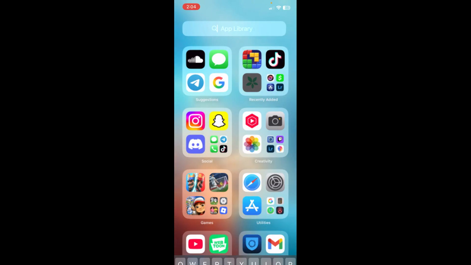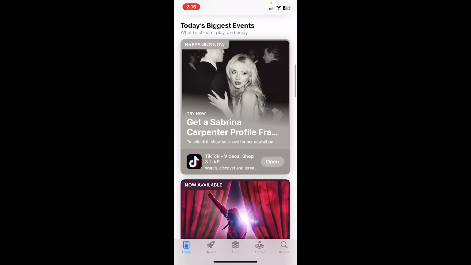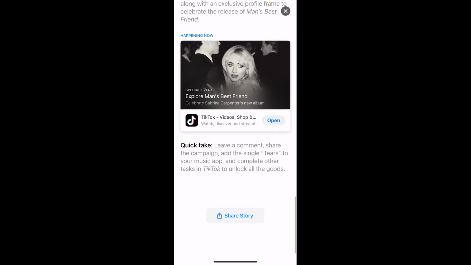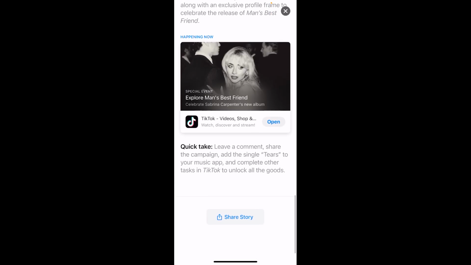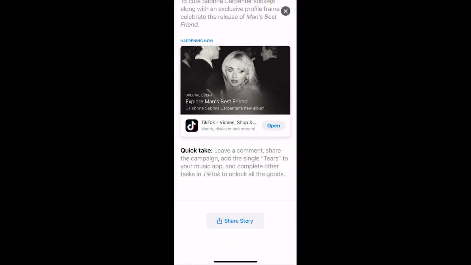So if you just go to the App Store right here, and you scroll down a bit, you see this event happening right now. And basically what you need to do, it says it right here. You need to share this. You need to share this, okay? And then